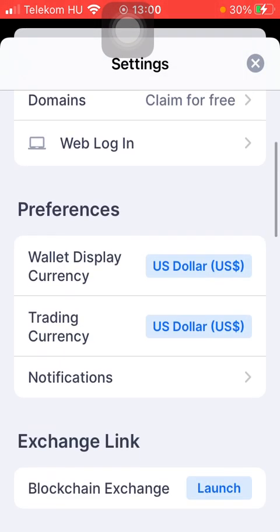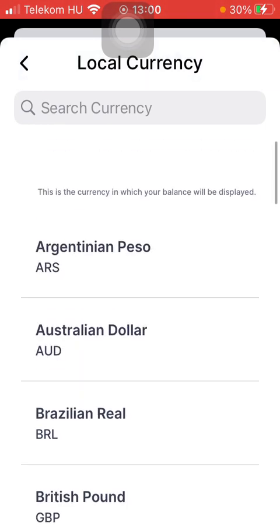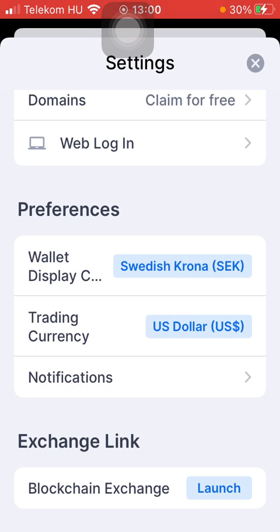Then you should scroll down to the preferences section, and here you can see two options: wallet display currency. As you tap on it, you can see all of the available ones. You can also use the search bar at the top of the screen to search for the currency you would like to set, then click on the relevant one, and then you will be directed to the preferences section,